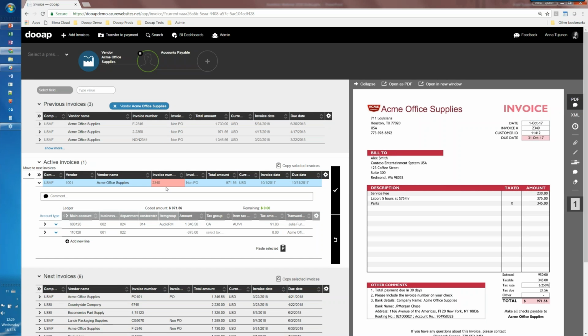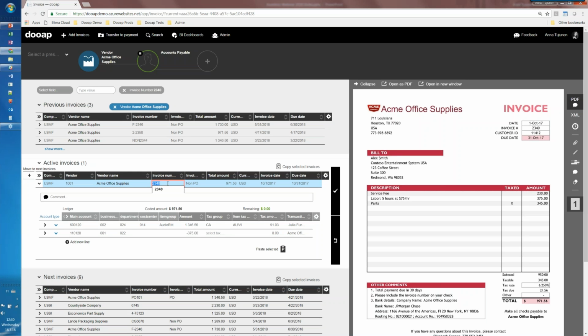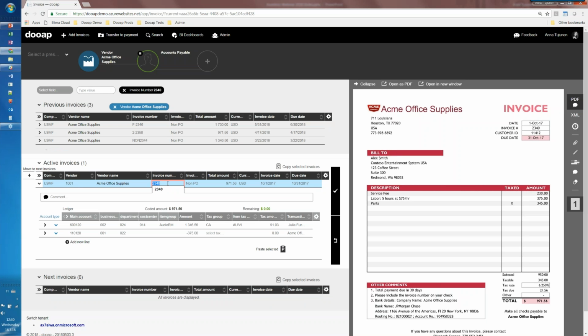And the error it is highlighting is the invoice number. So I already know that highlighting the invoice number actually means that there might be a duplicate invoice. So it is able to find an invoice with the same number for the same vendor based on your Dynamics setup. So if in your Dynamics accounts payable parameters, you have the restriction that you can't have, for example, within the fiscal year, the same invoice for the same vendor, then this will highlight.